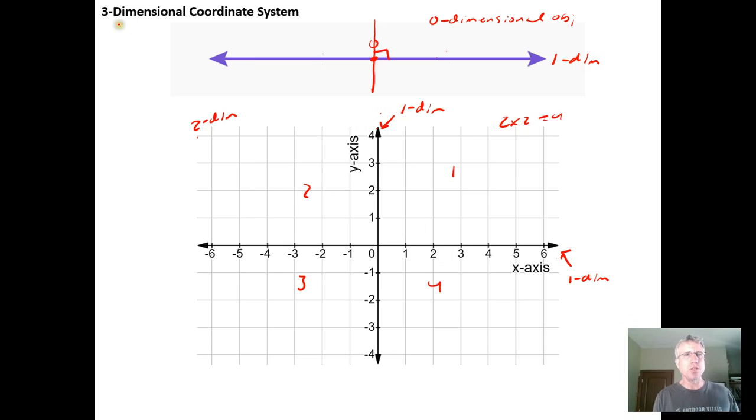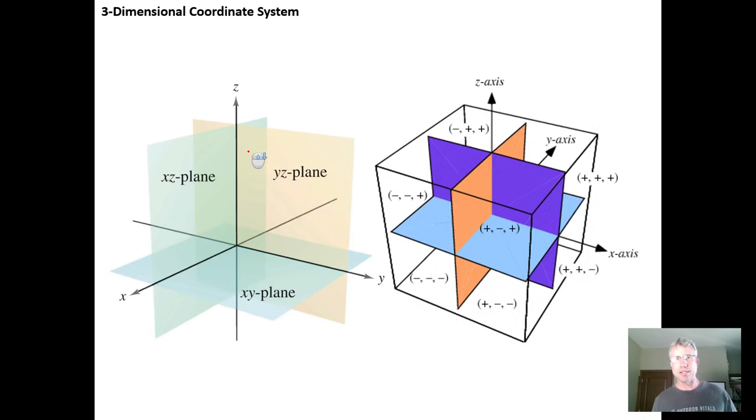So all we're going to do when we do a three-dimensional coordinate system is add an axis perpendicular to the xy plane. All we do is add an axis, the z-axis, perpendicular to the xy plane. And what we wind up with is three planes. Here we have a three-dimensional space now. We're in three-dimensional space. We have x, y, and z dimensions, which establish 1, 2, 3 planes, which break